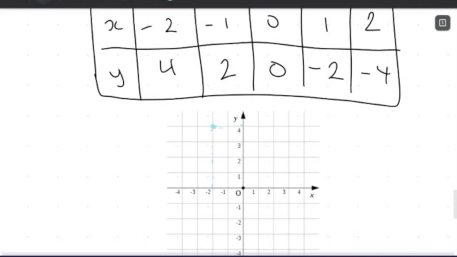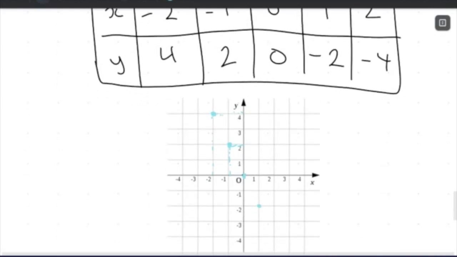If my pen would stop glitching. Cool, there we go. At x is -1, y equals 2. So I'm going to plot this point here. We have the point 0, 0 again. We have the point 1, -2: 1 on the x-axis, -2 on the y-axis. And we have the point 2 and